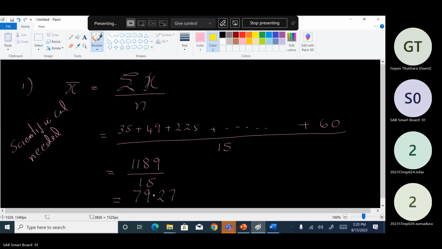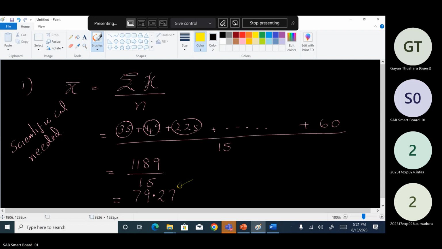Okay. So now in statistics, formula given, data set given, we got the calculator. So we can calculate anything. So after calculating, we have to say what we have calculated. So what is this 79.27? We have to say. What these values are? These are the number of transactions per day. So we added all the 15 location transactions and we divided by the total number of locations. So what we get here is the number of,